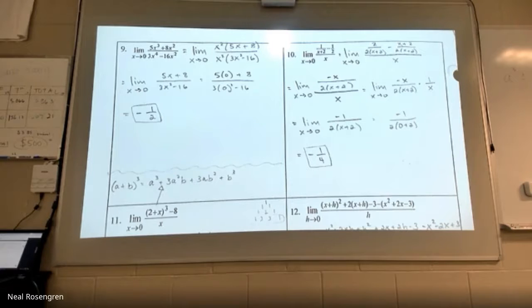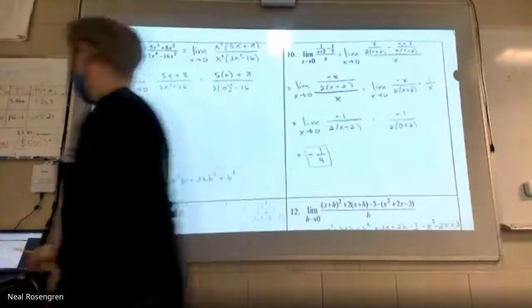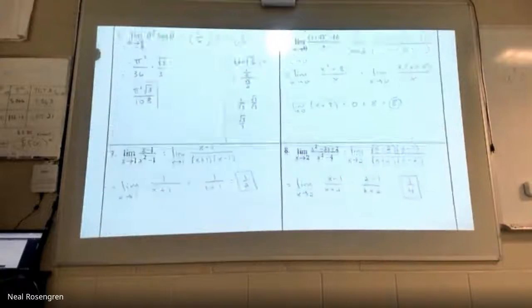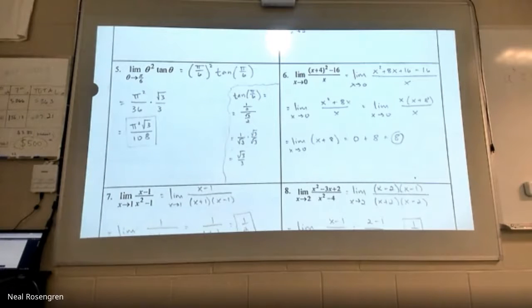Yeah. On number 5. So number 5 is a little rough because the limit exists because I can just plug it in, no problem, but I have to evaluate tangent of pi over 6. I jump on my calculator and I hope and I pray that this is some super nice number, but it's some decimal. And so the issue with that is that if we're going to actually do it right, we have to evaluate it by hand.